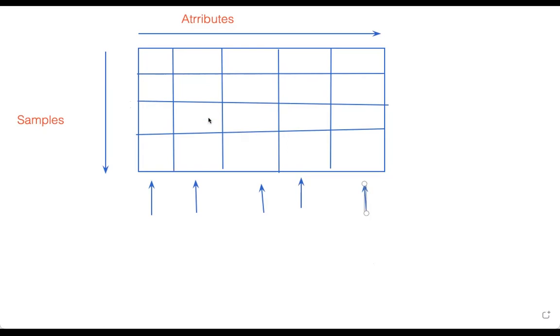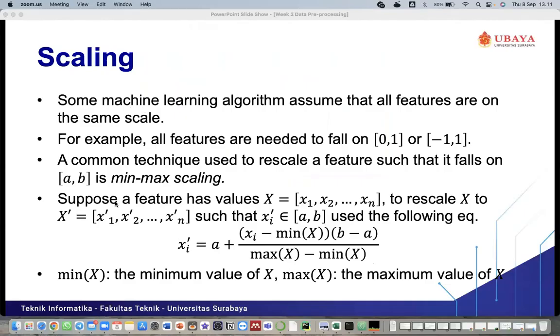Okay, let's go back to the slide. The A and B are the min and max scaling. If we want to convert our original data or attributes to the new scaled values, for example x prime i equals A, the minimum value.